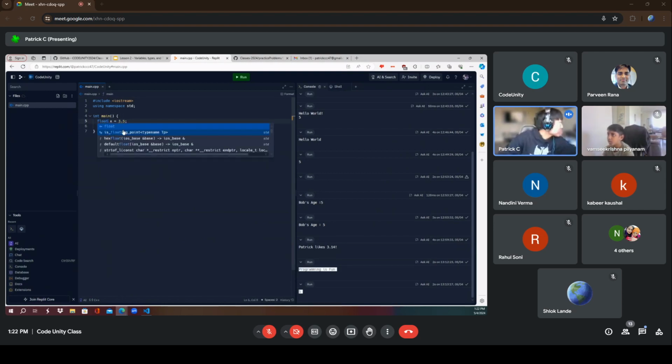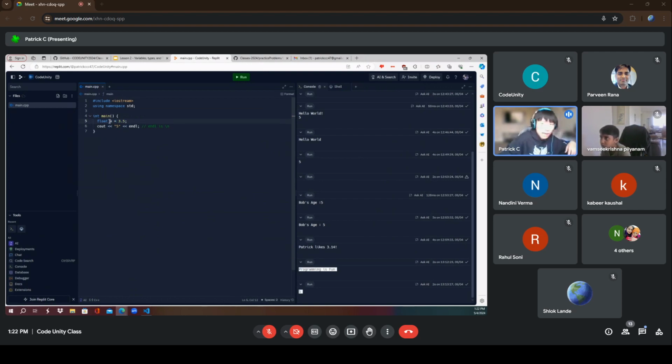You can use float too. If I put float here, see it works perfectly fine. Float can handle this much accuracy. But I would prefer just using double. As you can see, double works well. I think it's always better to stay on the safe side, because some decimals double can handle, but float can't handle.